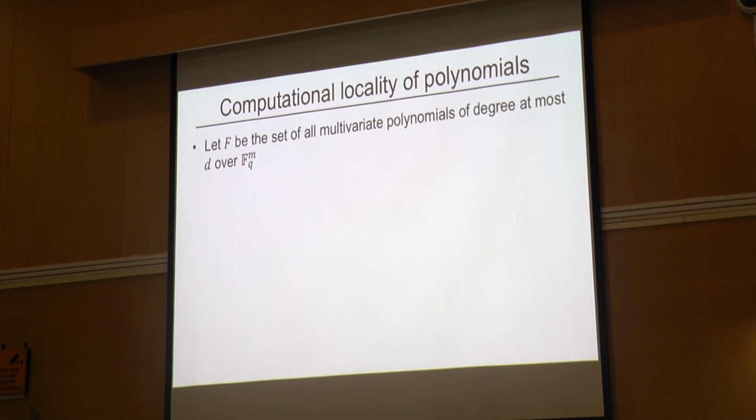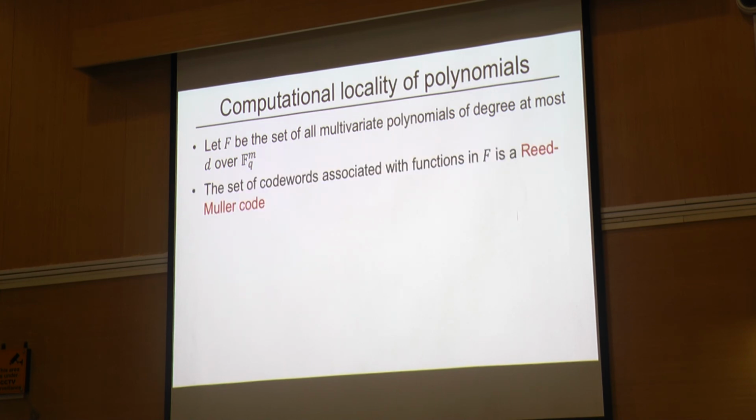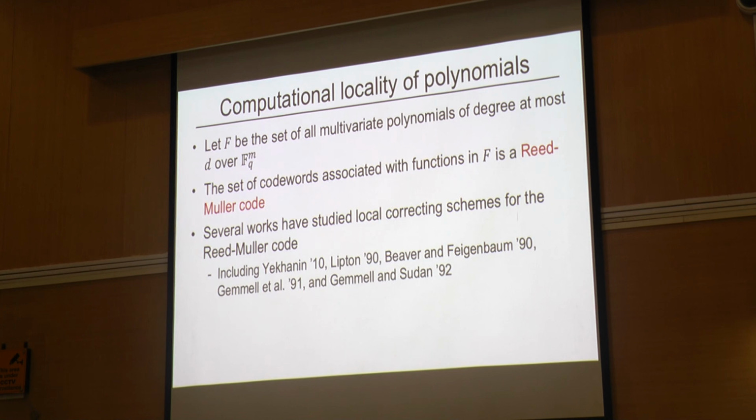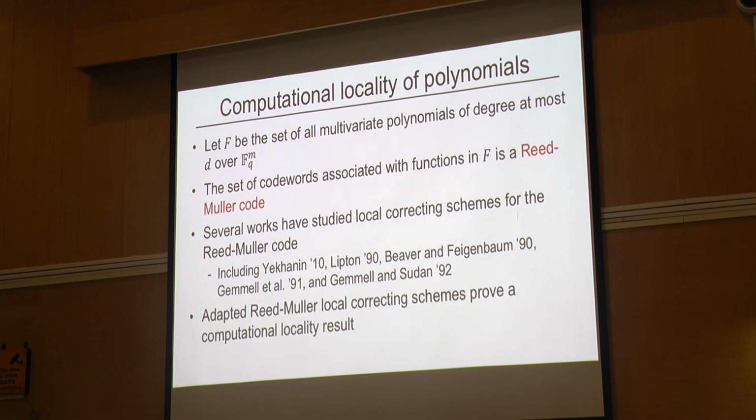Okay, so it turns out that if the function is a multivariate polynomial, then the associated code is what is called a Reed-Muller code. So it's a very well-studied, well-known class of codes. And there are several works which have looked at local correction schemes for Reed-Muller codes. So using that, basically what we can do is design a coded computation scheme for multivariate polynomials under this new viewpoint now, because we know that for polynomials, the associated code word is Reed-Muller code, and hence they have local